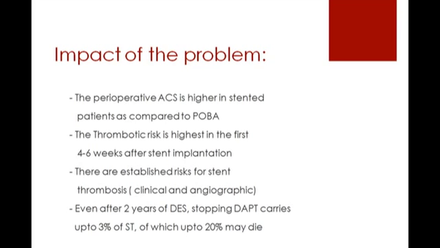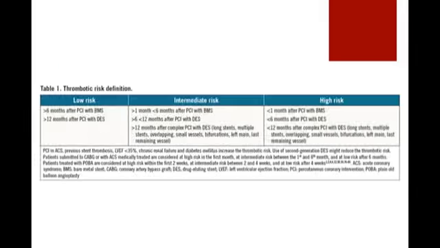So it's a real big problem, and we had from our practice very, very common examples that we can go over later on. Now, if we want to stratify our thrombotic risk and define who's at low risk and who's at intermediate risk and who's at high risk, patients who are going for non-cardiac surgeries who underwent coronary stents are labeled as low risk if at least 6 months has lapsed after the PCI with bare metal stent, so you can interrupt the Plavix or the ticagrelor or the prasugrel, 12 months at least after drug-eluting stents.